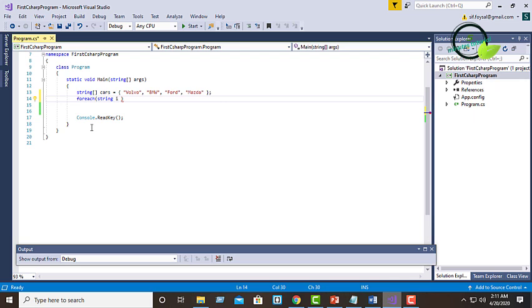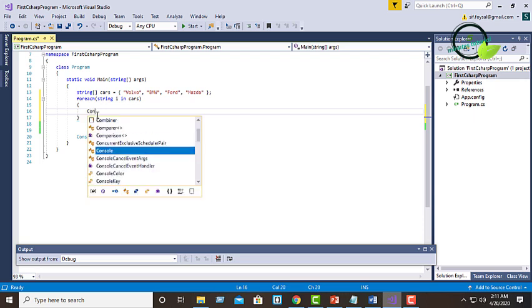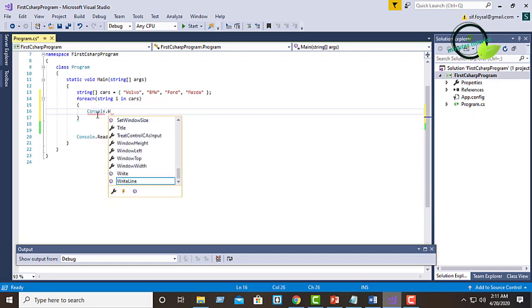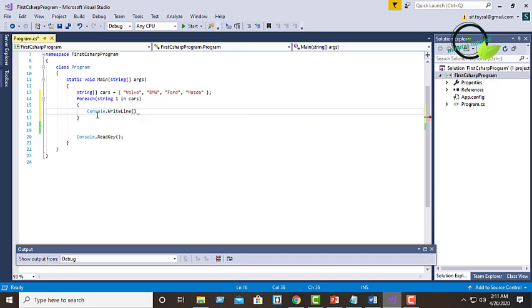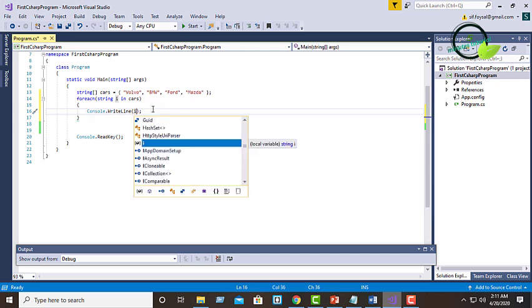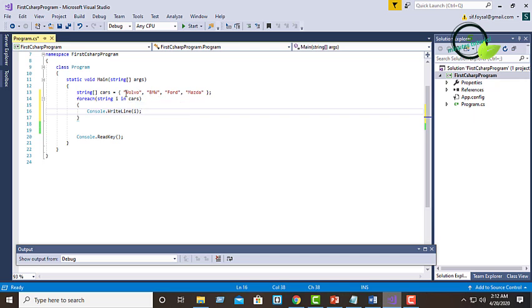I am giving the array name here first, then I will print every array value. Here I will print I as the array value. So it will target every array value and print the values continuously.